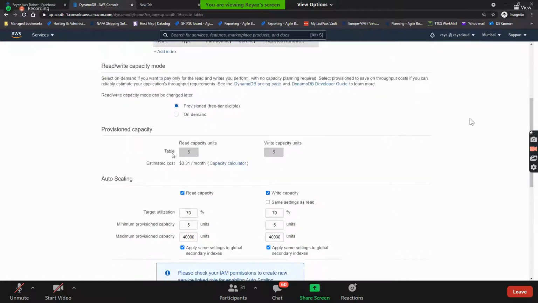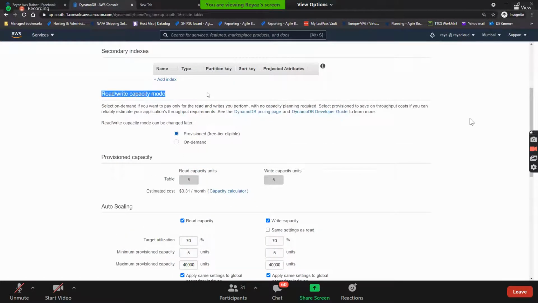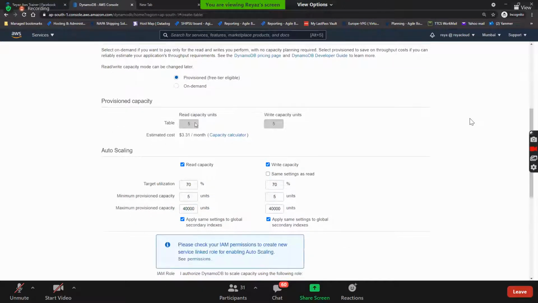And then for RCUs and WCUs, this is the default 5 RCUs and 5 WCUs that you will get, and that is $3.31 per month. You also have something called auto scaling.